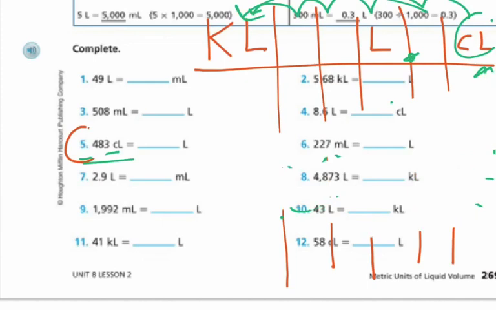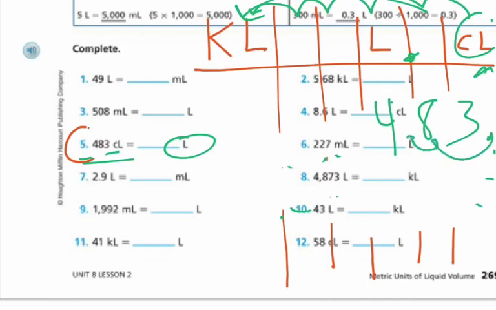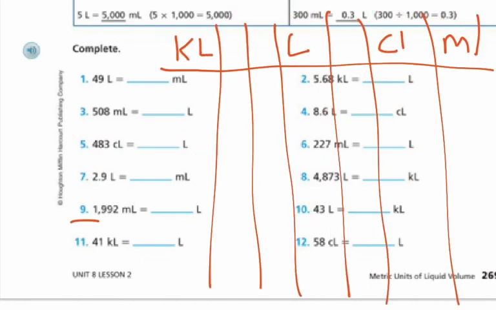So again, I'm going to go with 483 centiliters, but I'm not changing it to kiloliters, I'm changing it to liters. So I'm only moving my decimal place 2 spaces over, making it 100 times smaller. So 483 divided by 100 would be 4.83. Problem number 9, I have